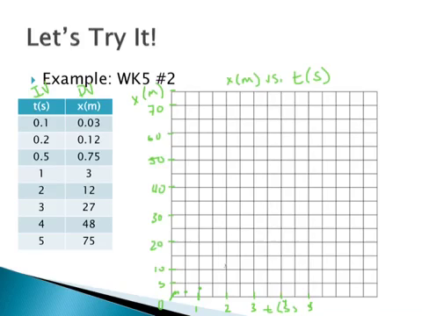So now I'm starting to see where the points are. 3 and 27. So that would be right there. 4 and 48 would be all the way up by 50. And 5 and 75 would be up here. Okay. So now if I